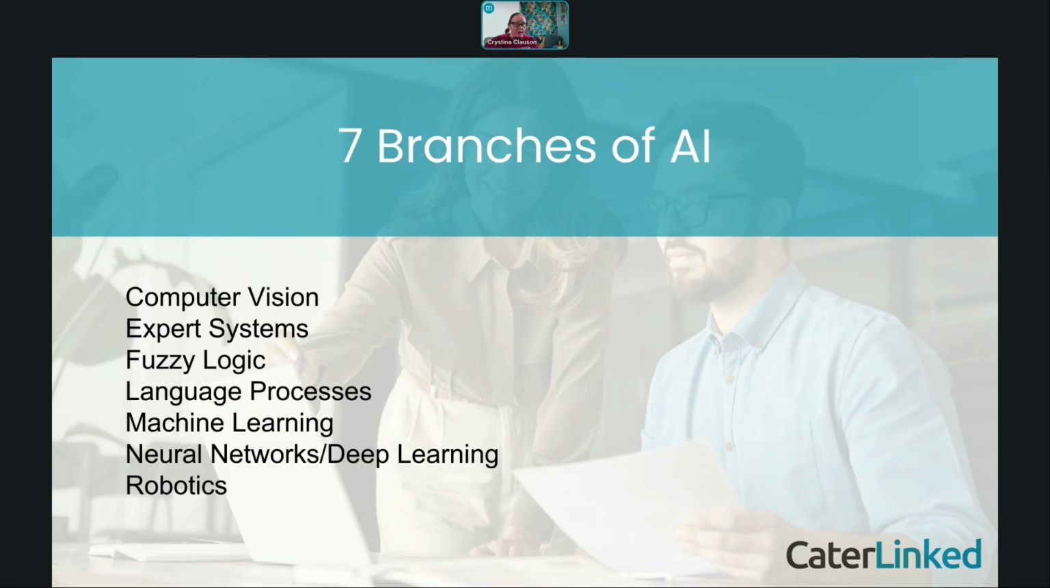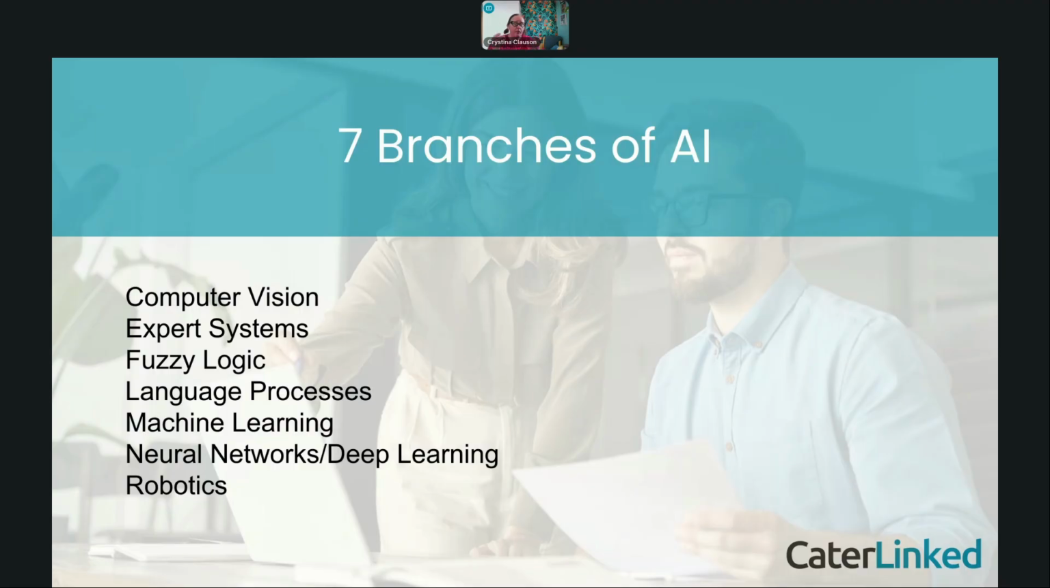That's some terminology. So again, this is basic, so we're going through very broad information. We're going to talk about the 7 branches of AI. And I'm going to give you guys some examples of the 7 branches of AI. So the 7 branches of AI,